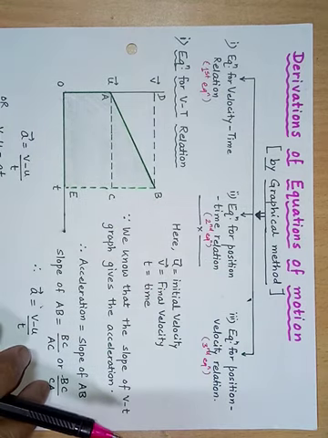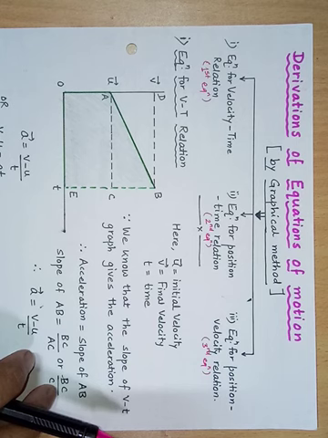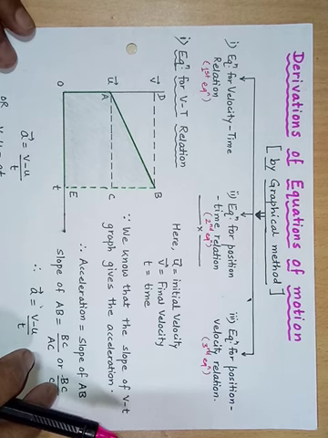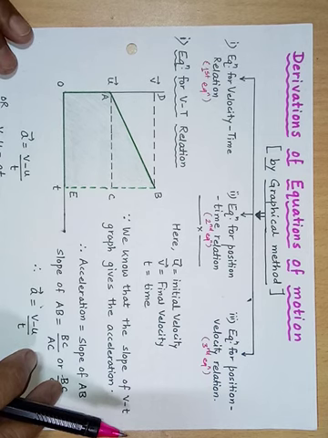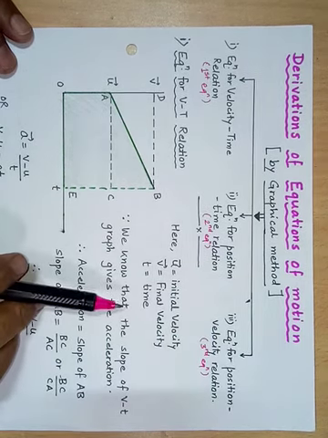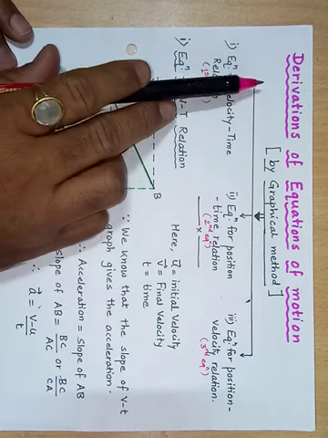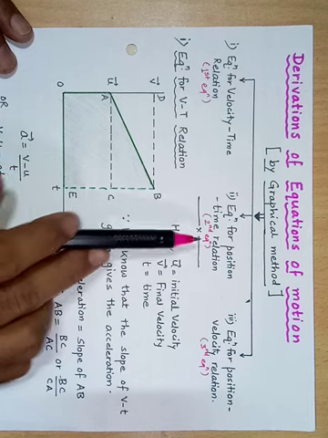So in one of the beginning videos I told you that the motion can also be described with the help of some equations. There are three popular equations of motion, and with the help of these three equations of motion, any motion of an object can be described in a numerical way or in a formula method. Now here, with the help of the graphical method, we will try to understand how these equations of motion can be derived with the help of the graphs.